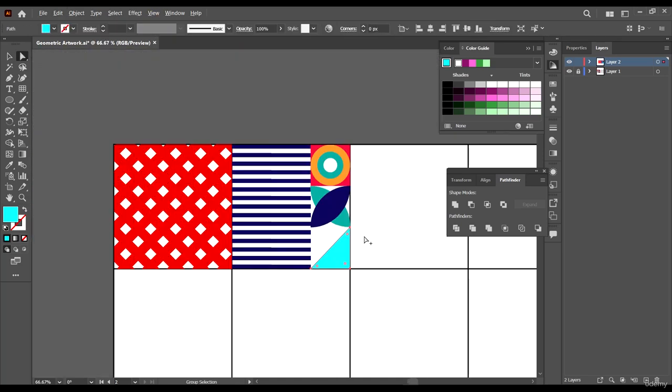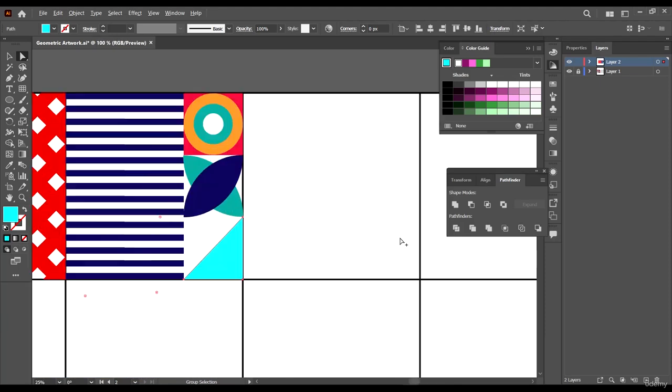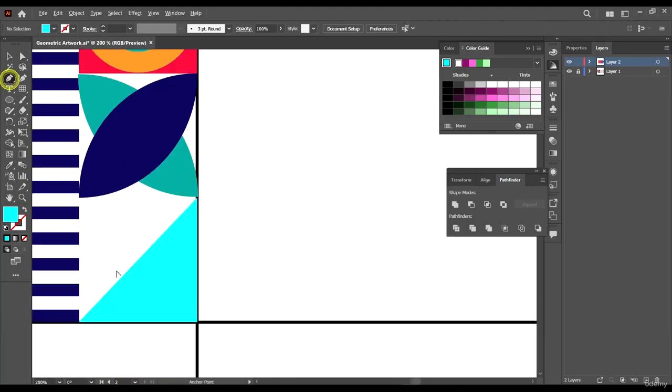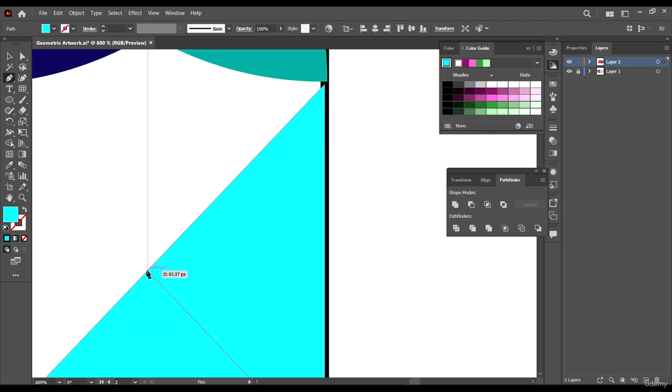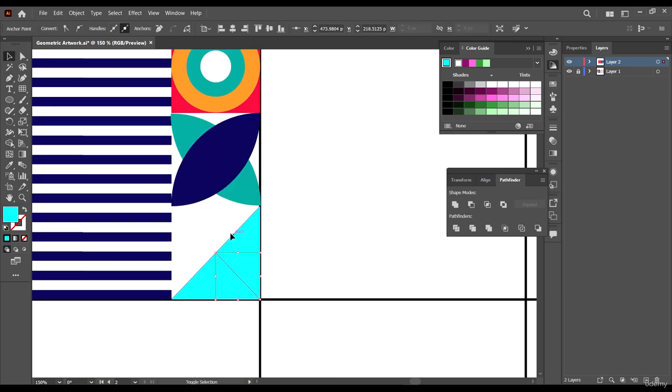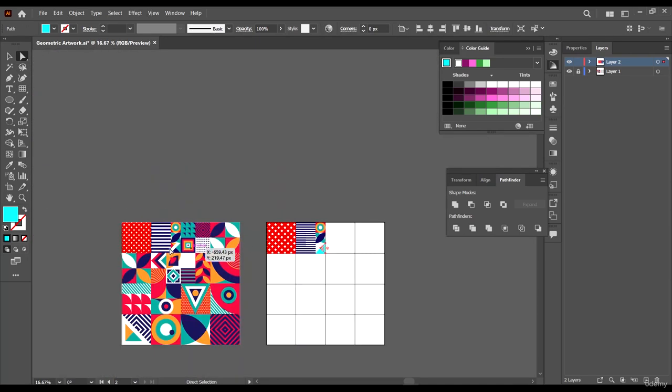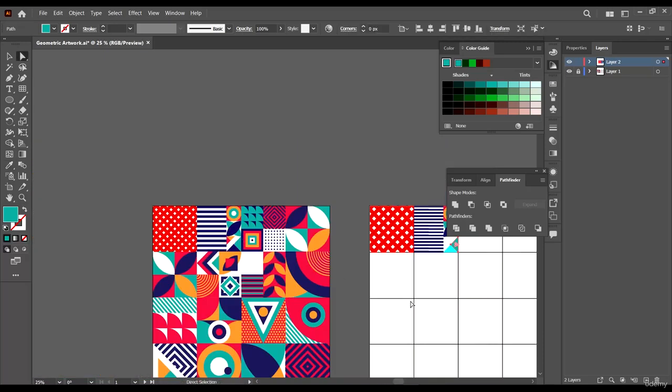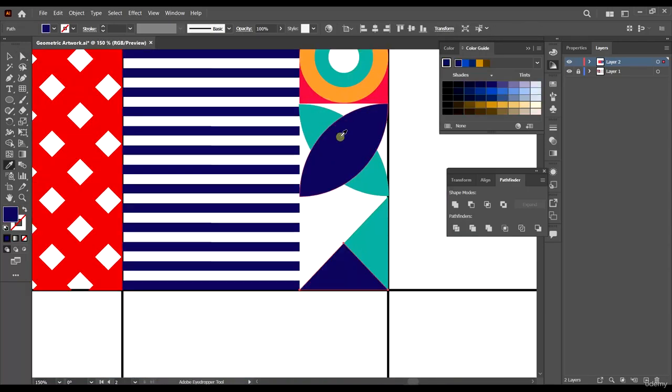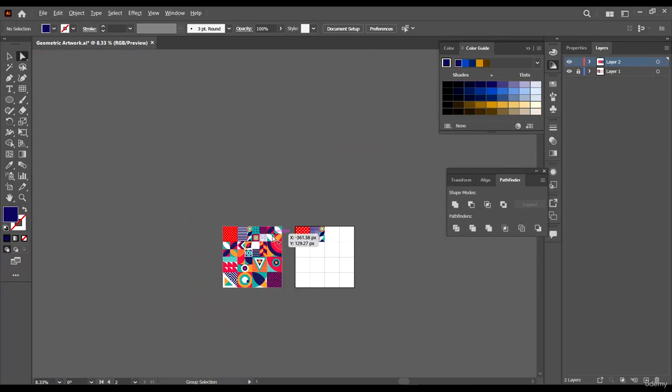Okay, delete, and then we are going to split the shape. So click here and kind of come and get the middle point. Now this is the middle point. Okay, so just click the middle point. We need to select both of them and then divide. Now we can select each one using our direct selection tool. Okay, so select this one, give it this color, select this one and give it this color, and then we